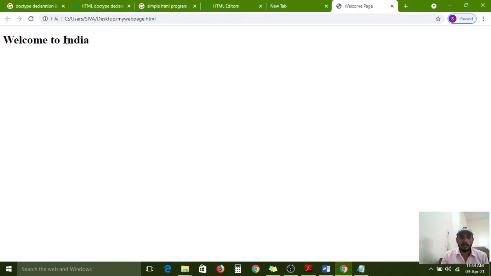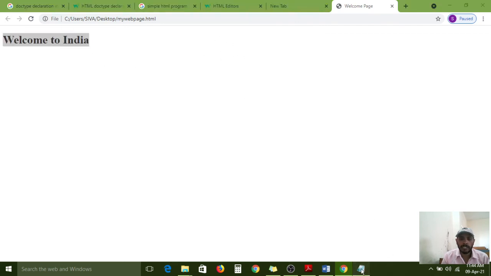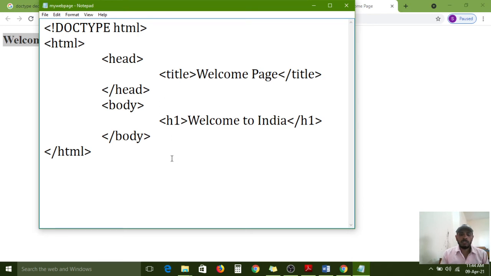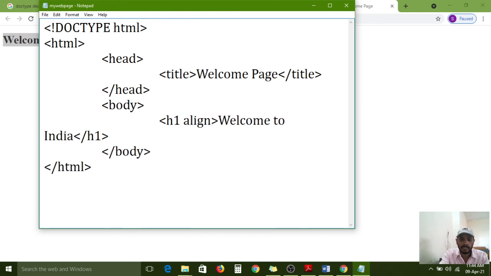Now I want to show this line in the middle of the web page. For that, just remember this one. In the next class, I will explain the attributes concept, then you can understand simply. But for the H1, the text content to display in the middle of the page, this is the heading tag. So the opening tag I need to configure like this: align equal to center in between double quotes. The value is configured here.